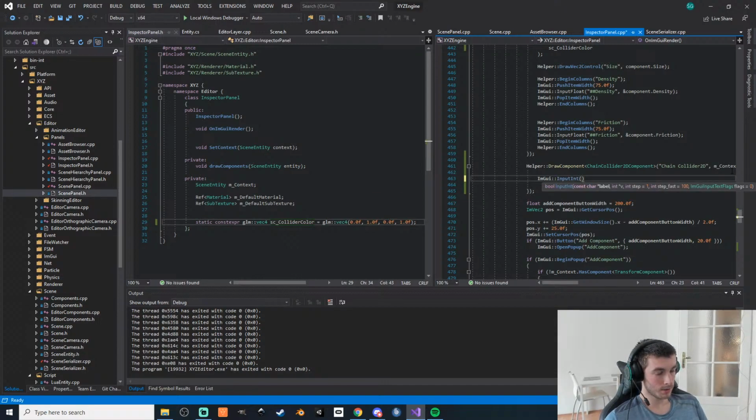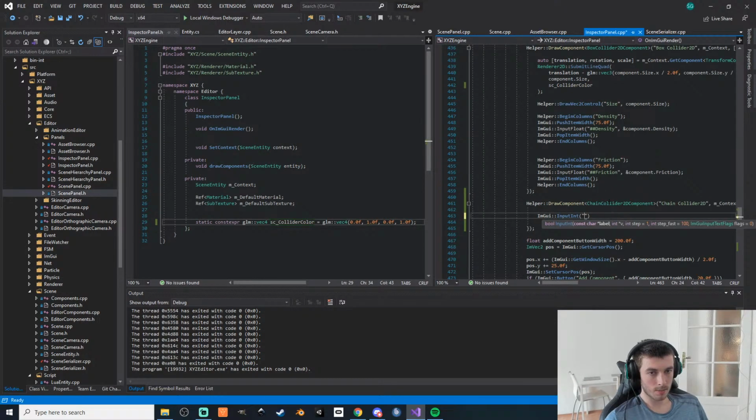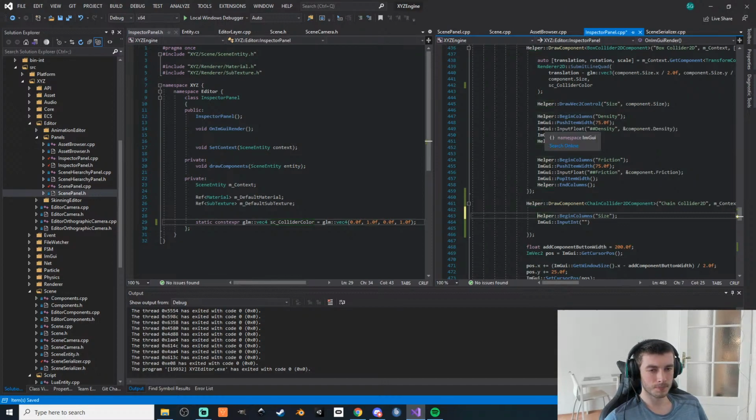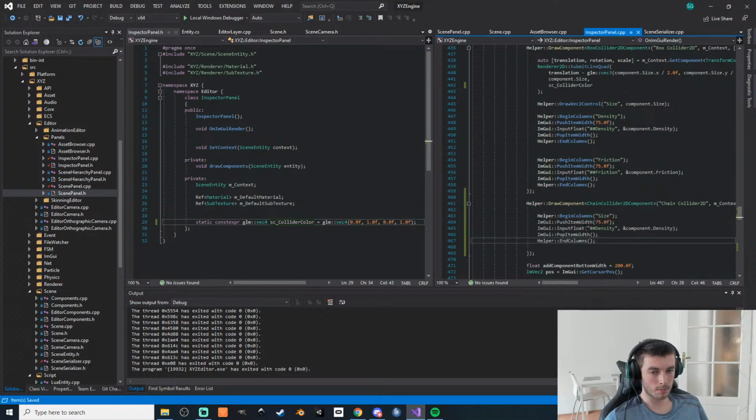Let's try something else, and that is begin columns and other fancy stuff, and input size. I'm going to input int size, and I want